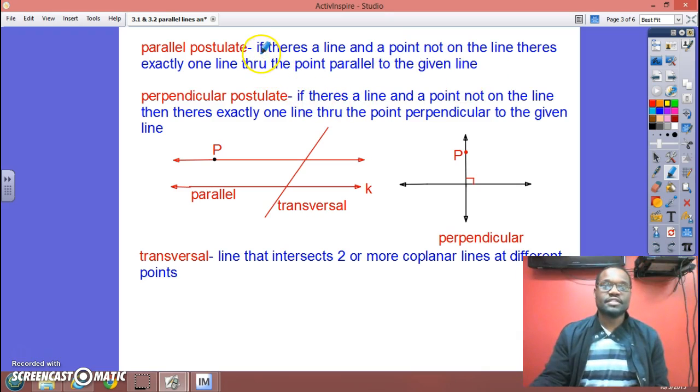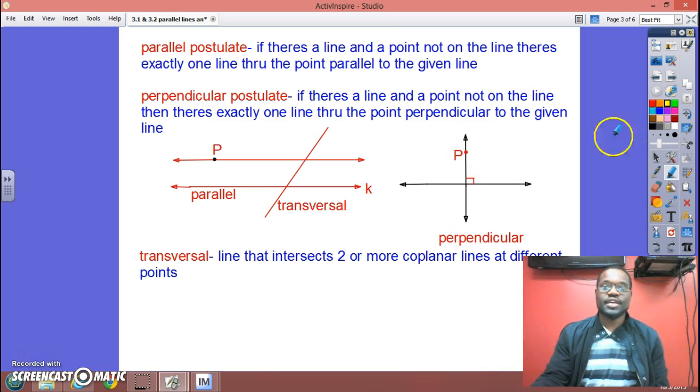That simply means you've got a point and a line, and there's exactly one line through that point that is parallel to that line. Again, I'll show you this stuff later. Perpendicular postulate: if there's a line and a point not on the line given, there's exactly one line through the point perpendicular to the given line. Meaning,